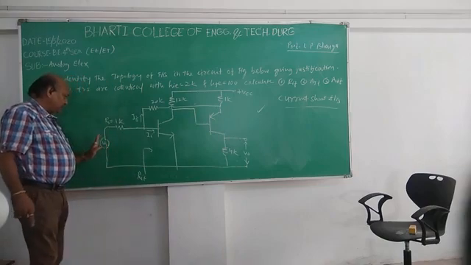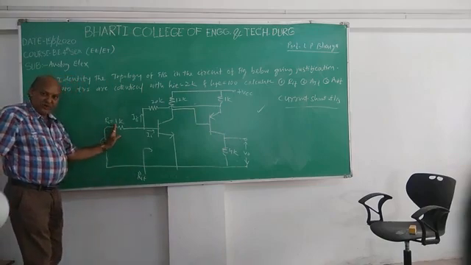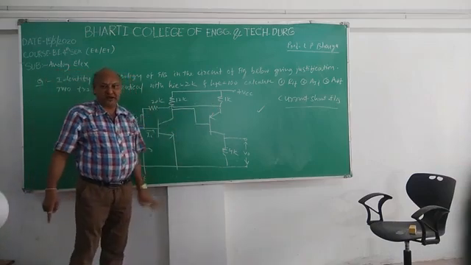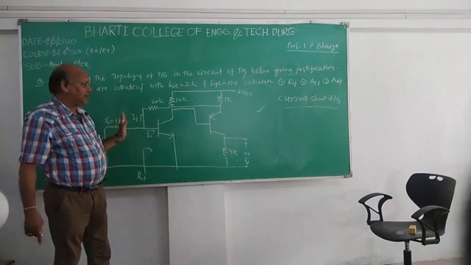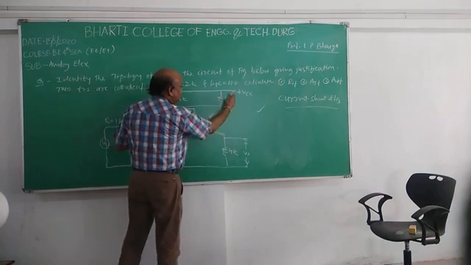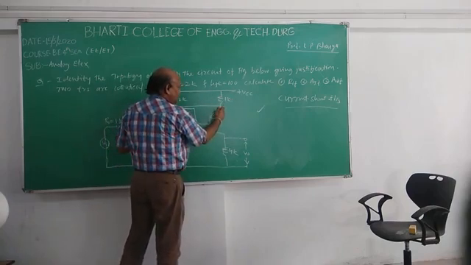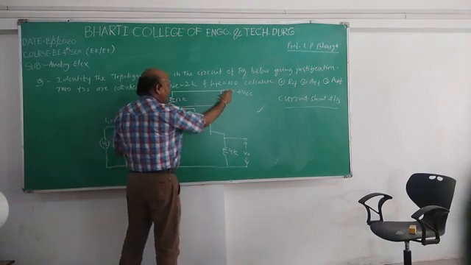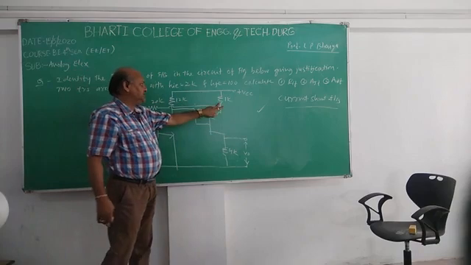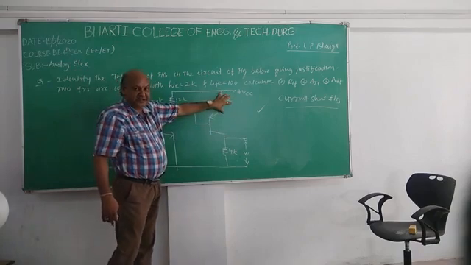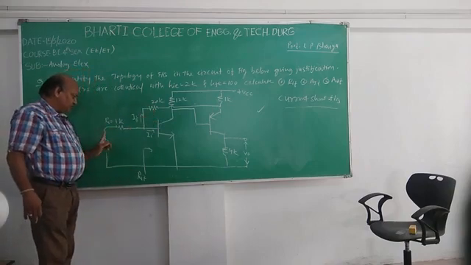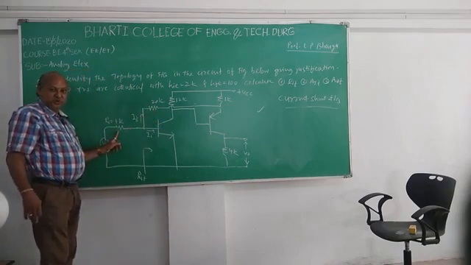So on the input side, this is parallel to Rs and parallel to 20k plus 1k. This is the input side equivalent diagram. And at the output side, this 20 kilo ohm resistance will be in parallel with this 1 kilo ohm resistance. So this and this resistance will be parallel at this side, and this resistance and this resistor will be in series with the parallel combination of the current source.